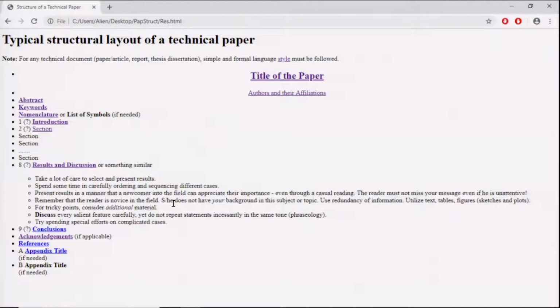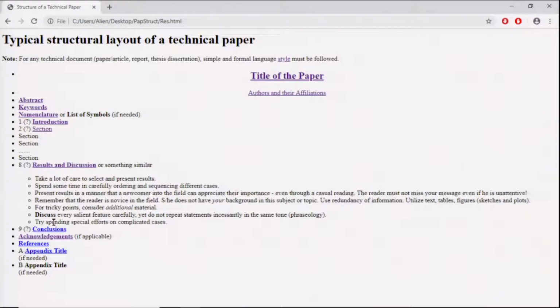Okay? And whenever a new feature appears, discuss every salient feature carefully, and this has a bearing on this lot of care to select results also. So, typically you try to select results in such a manner that every result that you present illustrates some particular feature, and there is no point in giving 3 results which illustrate the same feature. Okay? So, whenever a new feature comes with another result, you discuss that salient feature there carefully. However,